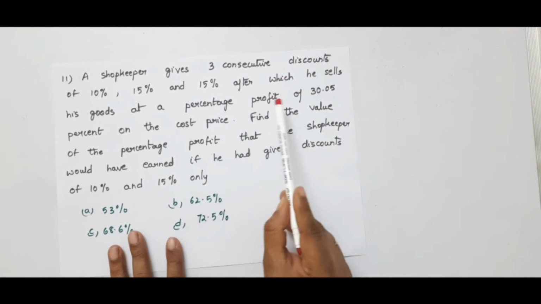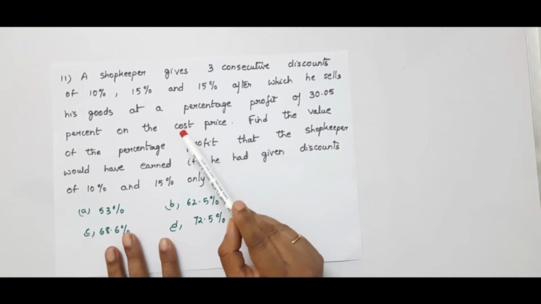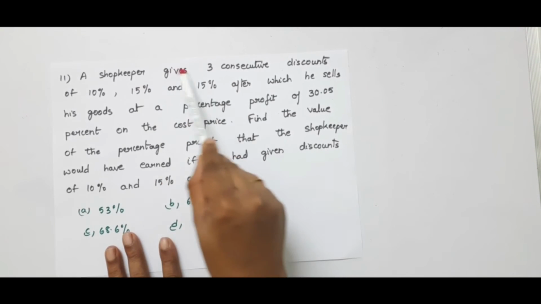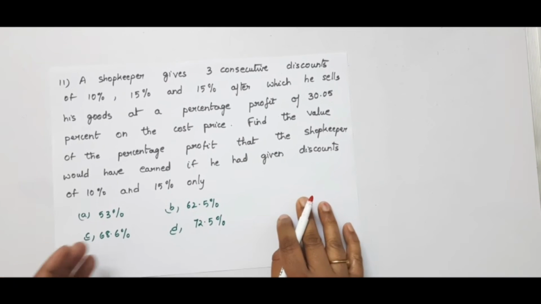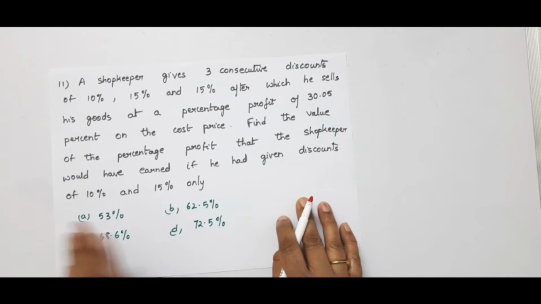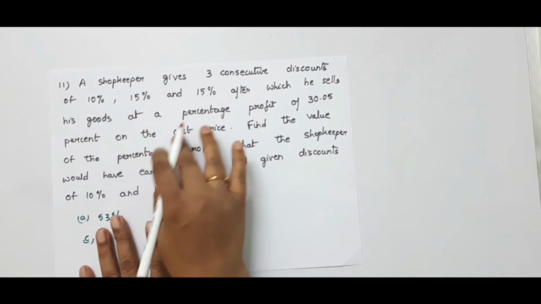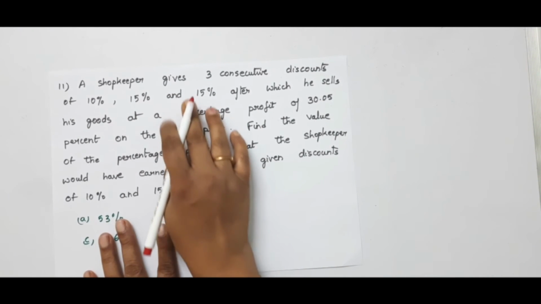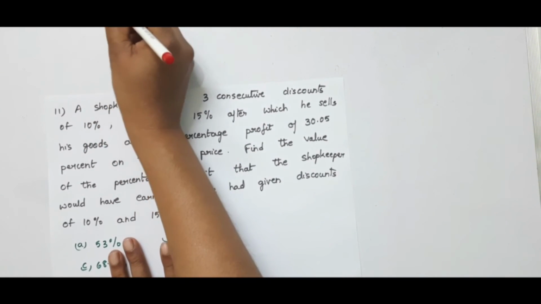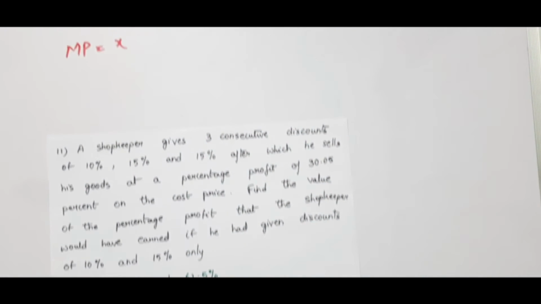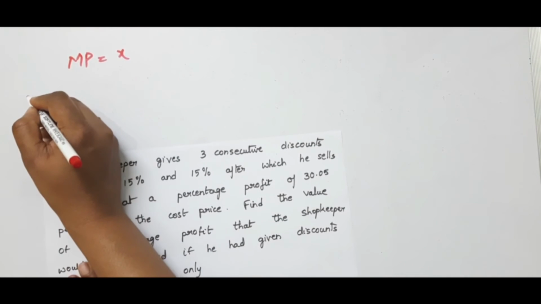So here, he has given the percentage on the cost price. So by using this first sentence only, we have to find the cost price. It is clear that using this sentence only, we have to find the cost price, as we did this type of problems previously. Is it not? See, previous problems. Similarly, using this sentence, we have to find the cost price. So here he didn't give the market price. Take the market price as X. For the time being, take the market price as X. Okay. Now, if we take market price as X, we have to find the selling price.